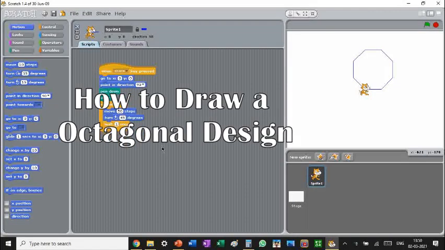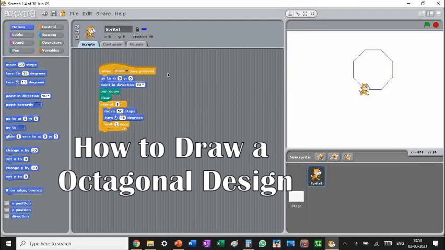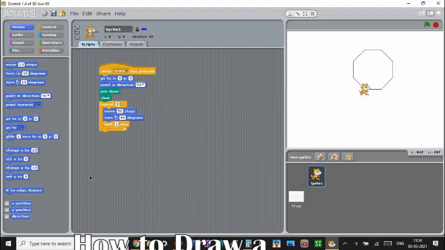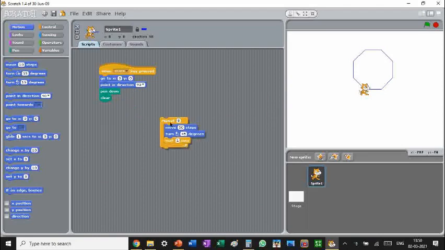Everyone. Today, if you remember, we made this octagon with this code. So now we are going to make an octagonal design. So this is how we can make an octagon. This code is for an octagon. But if we make it turn 45 degrees in the clockwise direction,